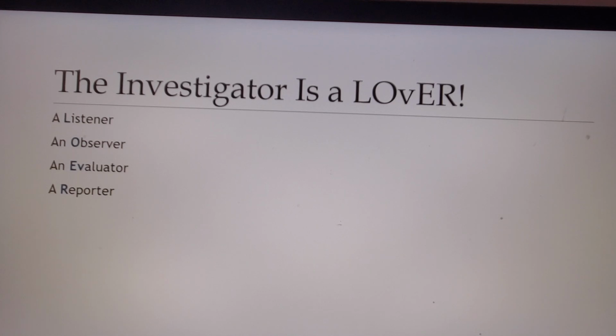This acronym may help you to not forget any of these steps, right? We talked about listening, and you have to do more than just hear them. You have to listen to what they're saying, understand what they're saying, but at the same time, take those notes, observe. We talked about the body language issue, not just the tone of their voice, their ability to speak clearly or their ability to speak at all. I mean, those things need to be known by the attorneys